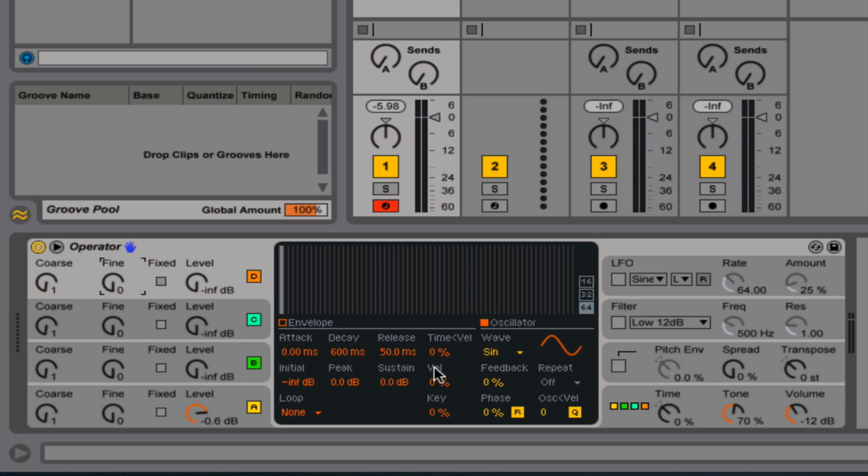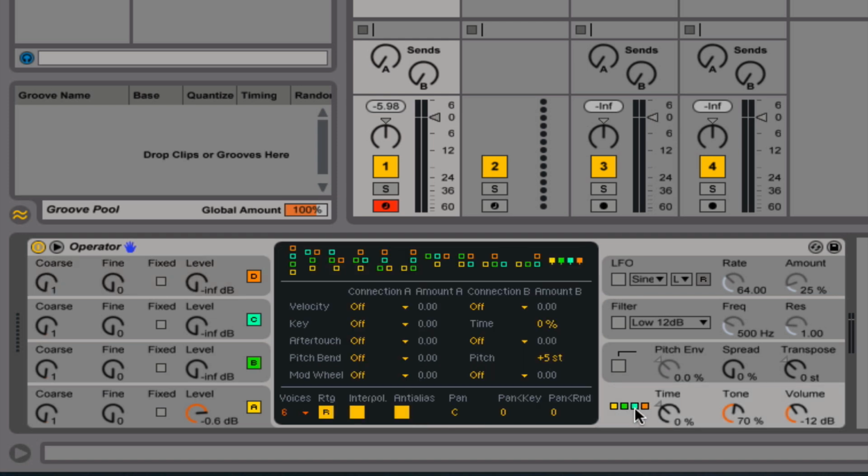The next thing that I want to show you, to help you understand the way these 4 oscillators work together and how they are routed, is by clicking over here. And these are the algorithms. This is the signal flow of these 4 different oscillators. Even though these shapes might seem kind of strange to you, they'll make sense when you know that each of these squares is actually representing an oscillator. If I start all the way over to the right, this one right here, which is just a line going across,